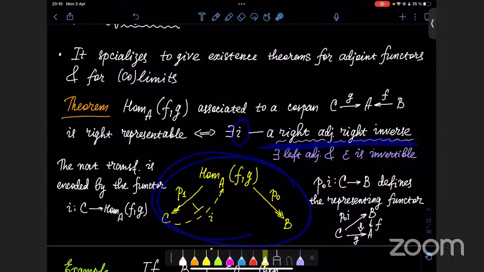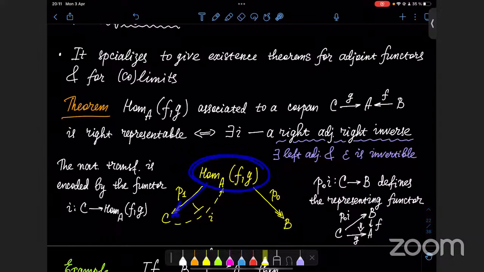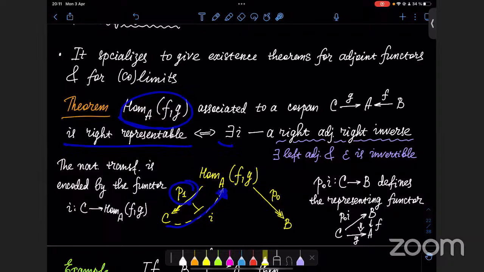So look at this diagram here, and you have this hom object and these standard maps P0 and P1 projections, and the question is about the existence of such I. So this hom object is right representable if and only if there exists such an I that this is a right adjoint to the functor P1,